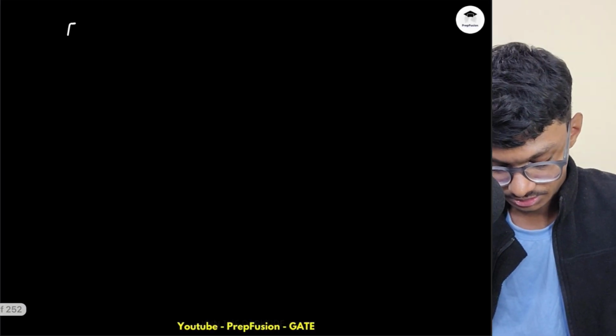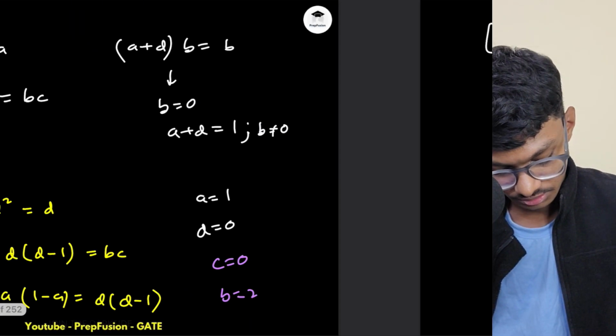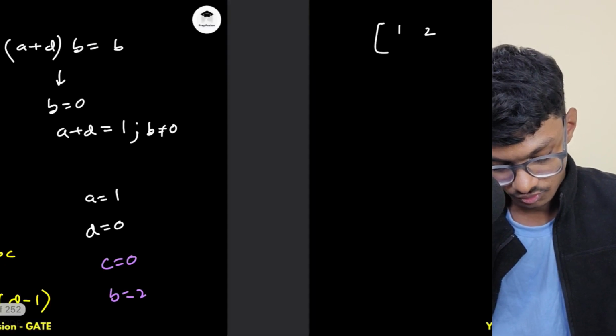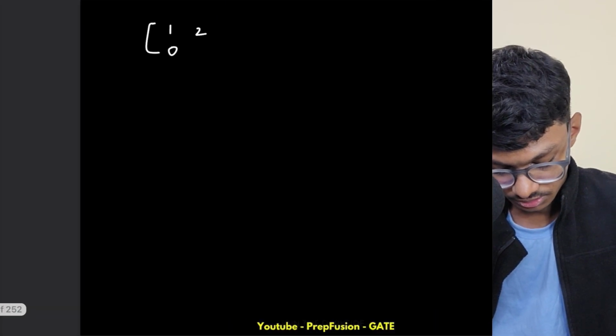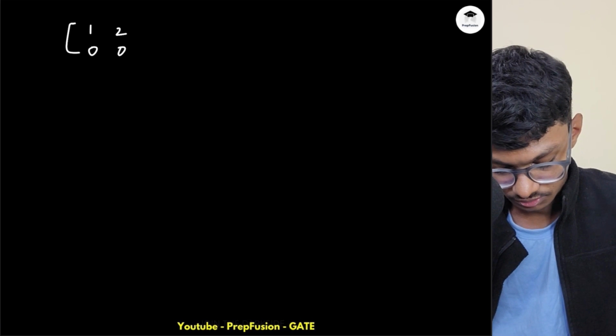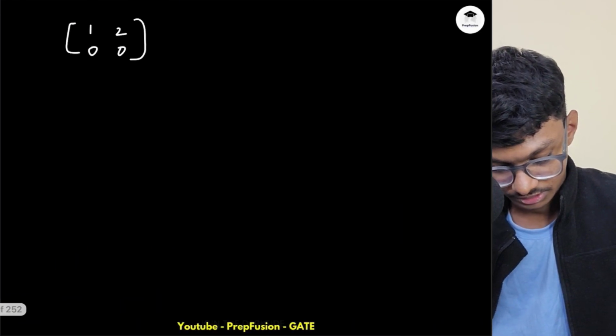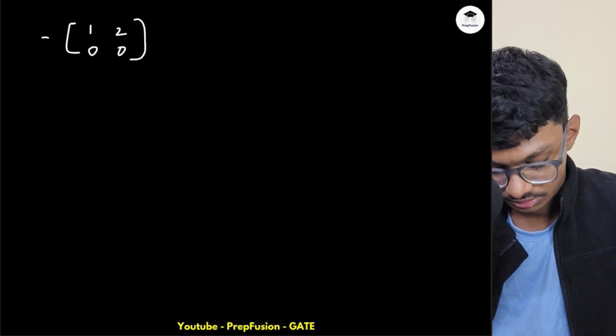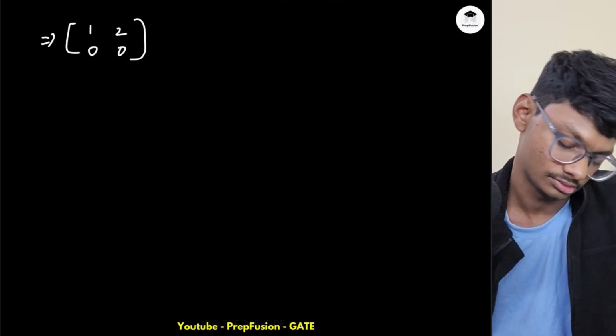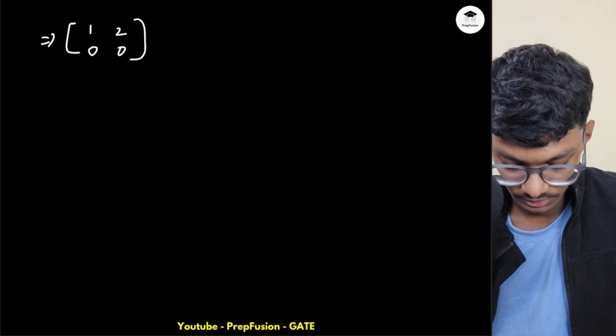Here this is 1, 2, 0 and 0. Okay, so the determinant of this is 0, that is one thing. So this is a singular matrix. Okay, that is true. Next is,